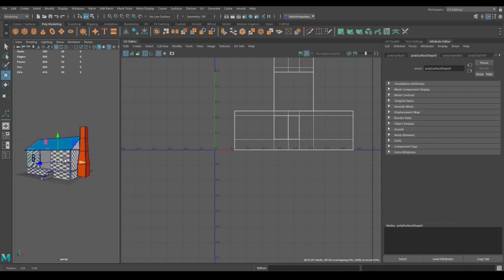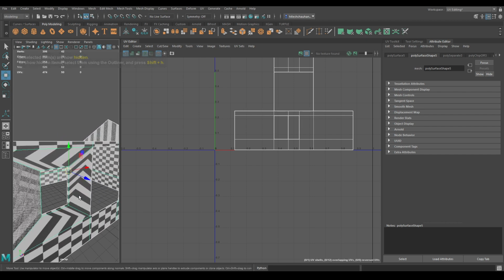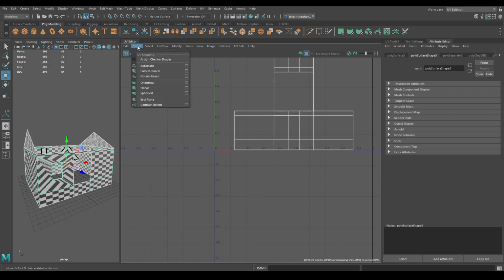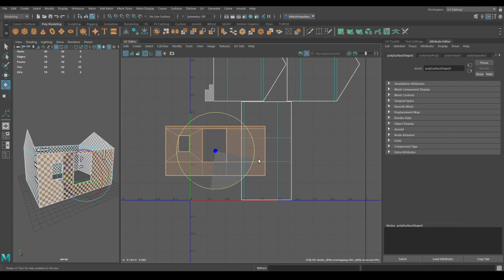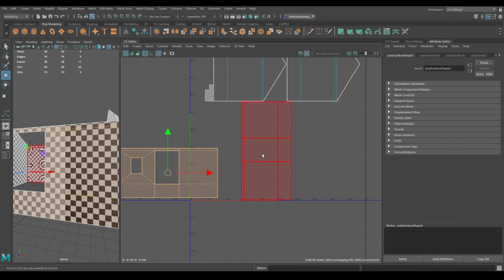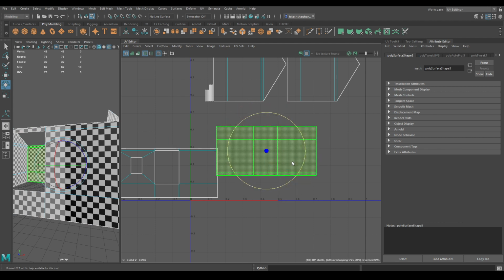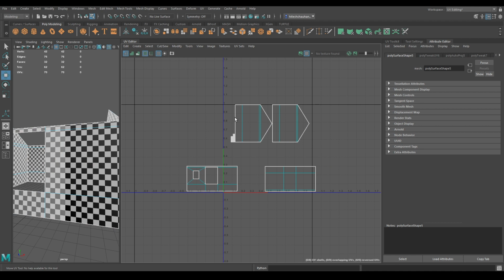Now select this house and isolate this first by pressing Alt H. Go to create and select automatic mapping. Select the house and rotate it like this. Also this one. Rotate these two.